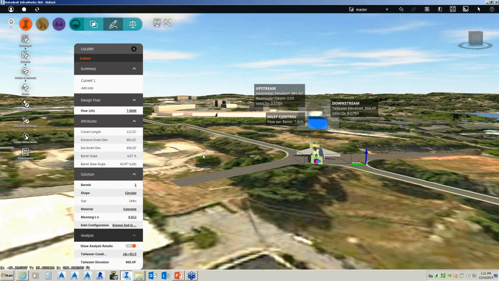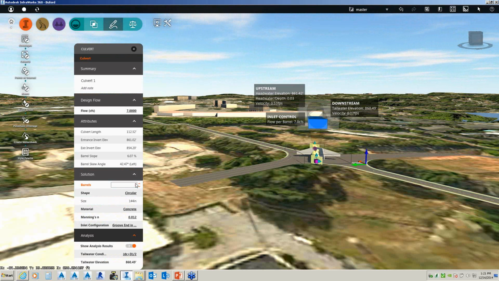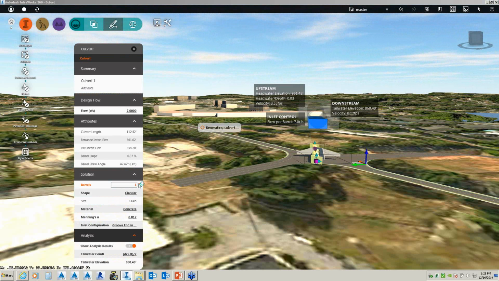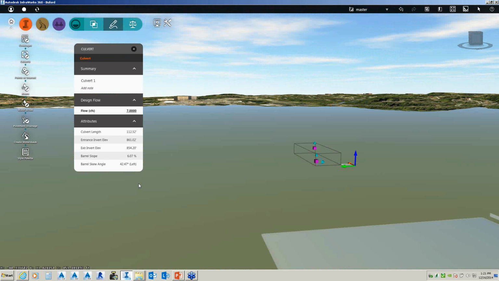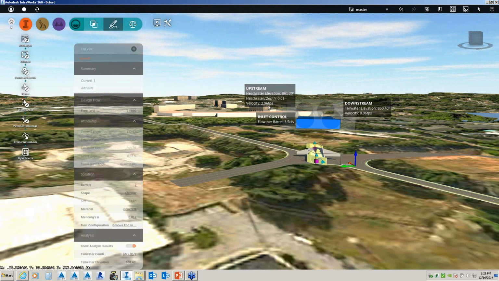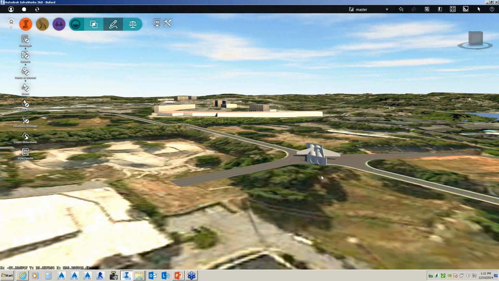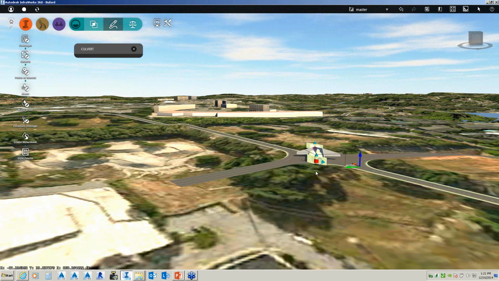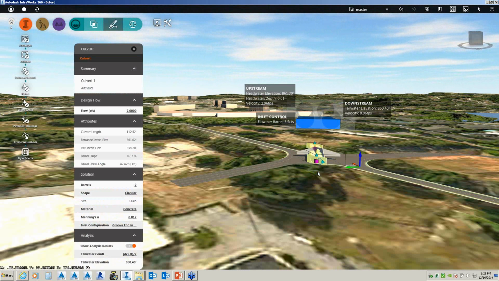If I change what happens with my barrels for my culvert, now that flow is way too fast. So I'm going to put in 2 barrels. I want to slow that velocity down. So now, if I put in 2 barrels, you can see that slowed that velocity dramatically. Okay? So just a lot of flexibility in reference to, and I'm just going to delete that out.